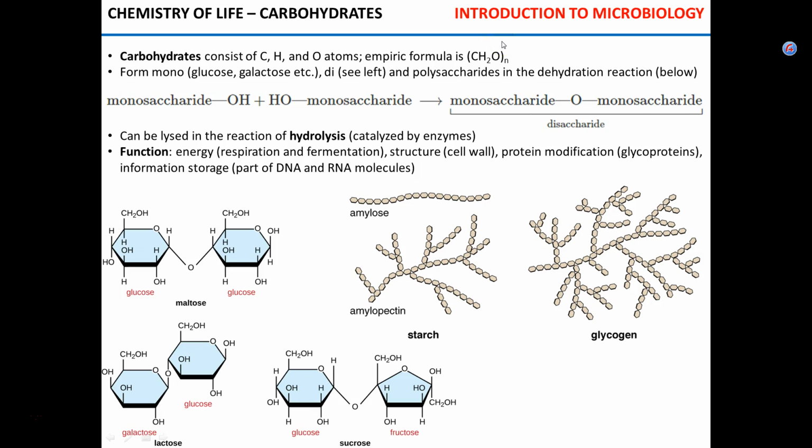What you have to understand, though, is that there are so-called monosaccharides and di- and polysaccharides. When you have several monosaccharides, like glucose, galactose, or fructose, you can link them together in the reaction of